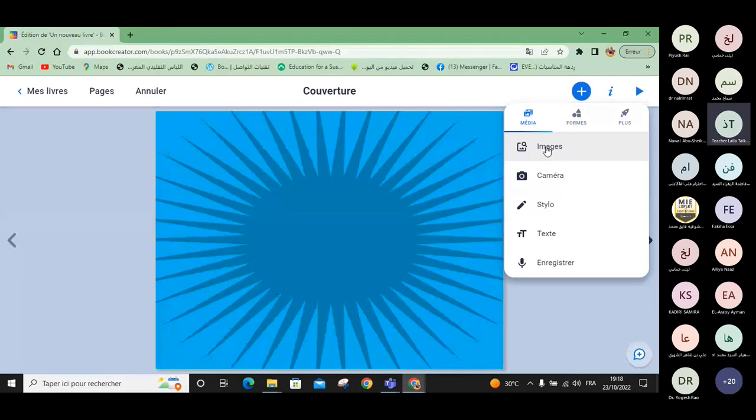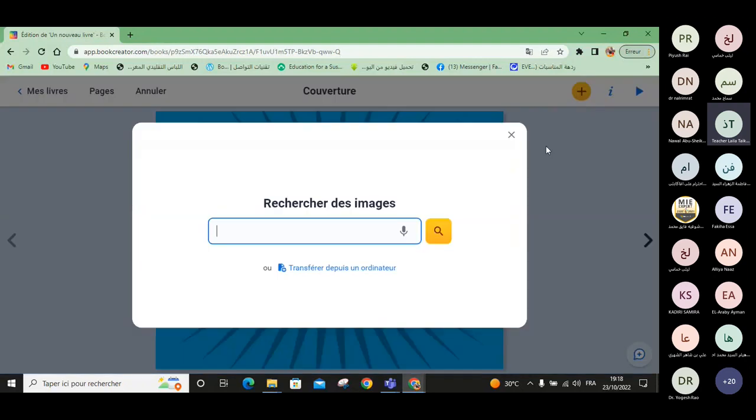Yes, and I go to image. I take from media. I click on image. From image, I can upload something from my computer by this link, okay? Or I can look for something from the Pixabay that they gave me. For example, I want to go to my computer and upload the logo of the Arab Association